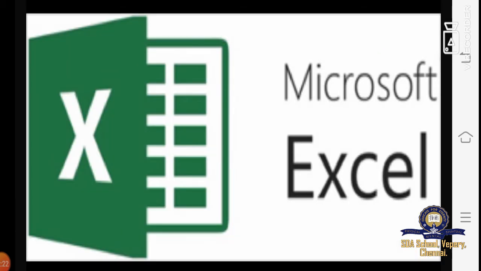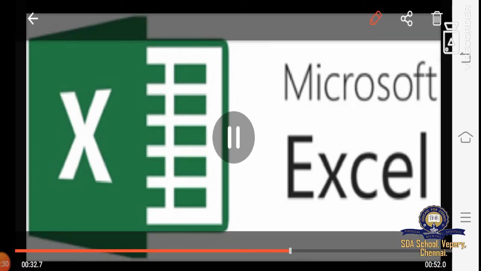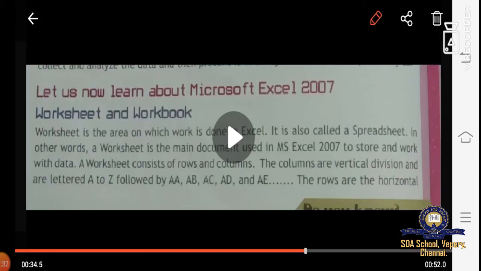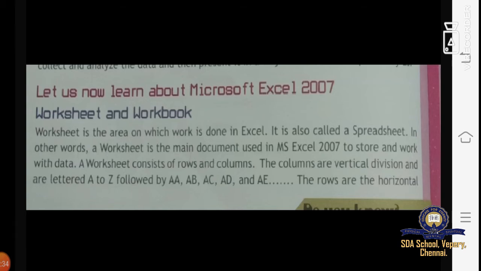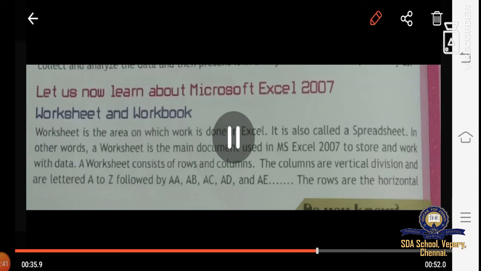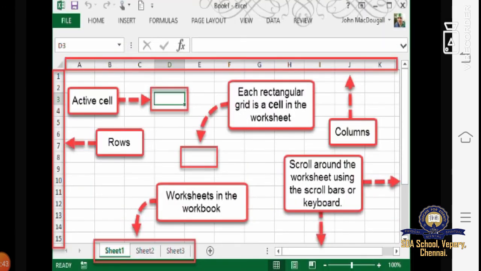Okay, now let us study and learn about Microsoft Excel 2007. The first topic we are going to study is the worksheet. A worksheet is the area on which the work is done in Excel. It is also called a spreadsheet.